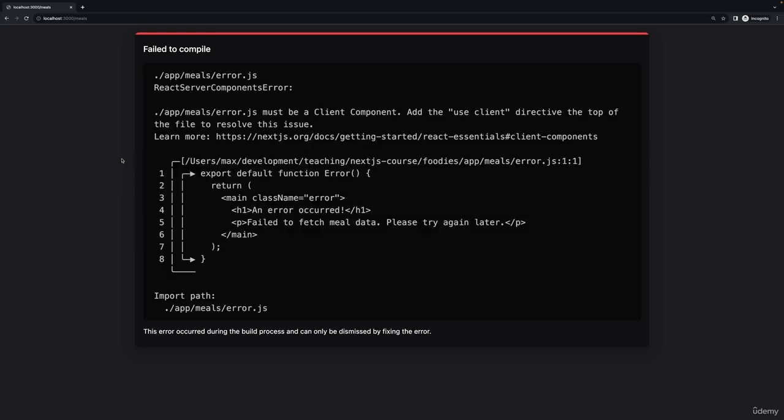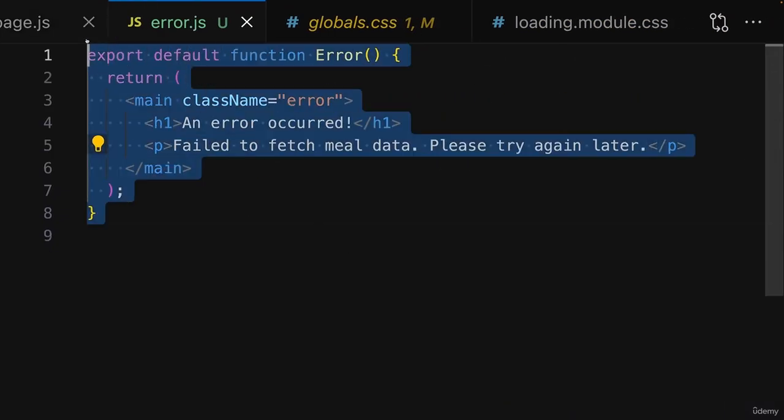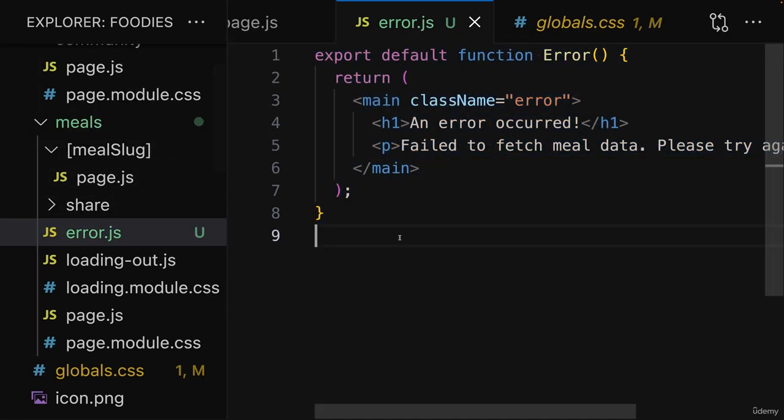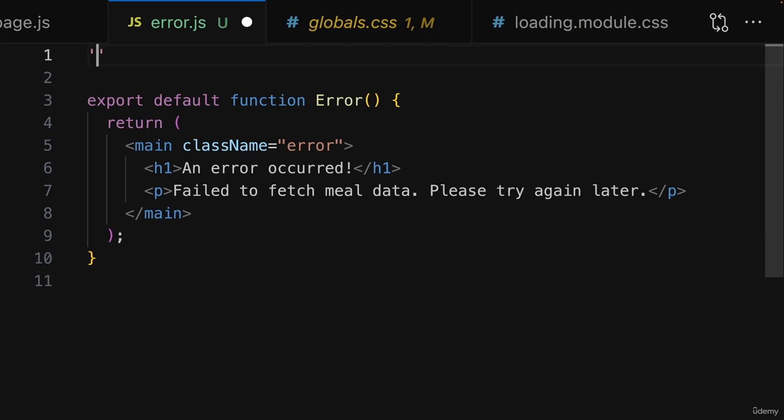Now, if you add that and you reload this meals page here, you'll get something strange. You'll get another error, where we learn that error.js must be a client component. And indeed, that's the case. This error component that's stored in an error.js file must be a client component